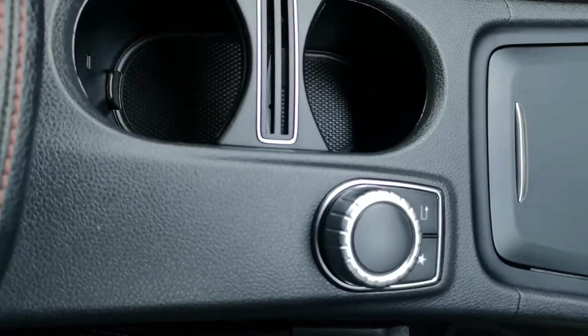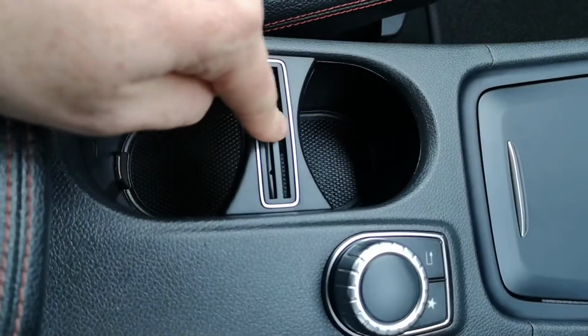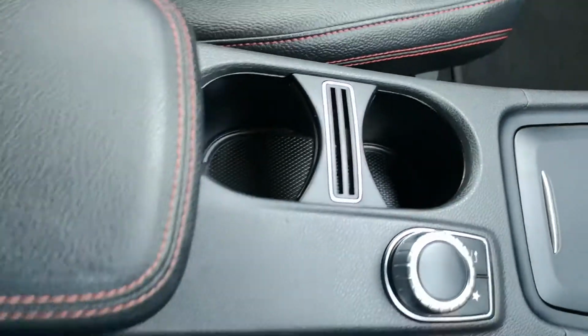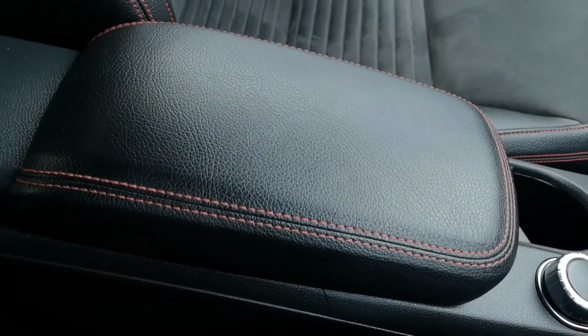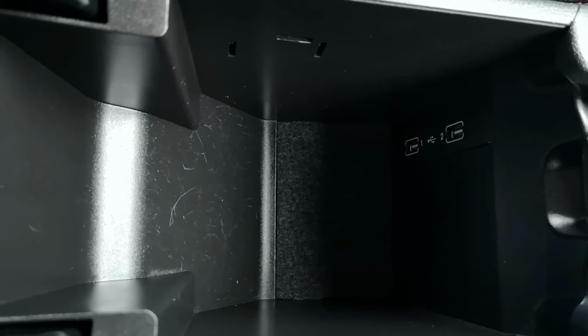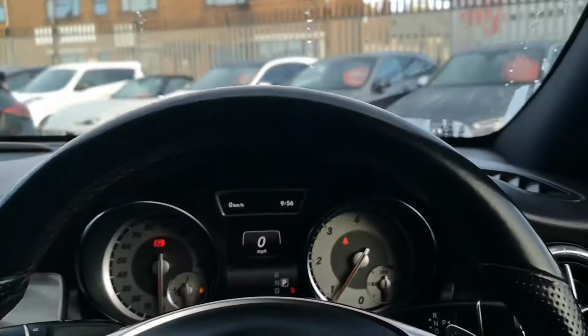Moving down, you've got your iDrive controller, as BMW call it. You've got your dual cup holder here and credit card holder if you need to, and you've also got your nice little bit of ambient lighting. And on here finally you have of course got your sliding armrest finished in the black leather with the red contrast stitching. Lift that up and there are your two USB ports ready for any media output you want to do. So that, guys, really is everything that I can tell you about this wicked